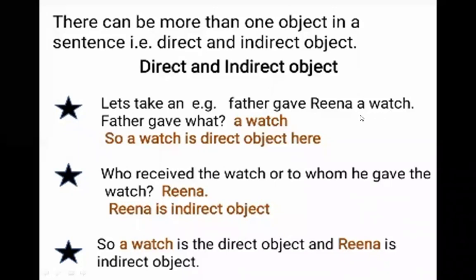And when you have to pick it out, you should pick the determiner along with this. If you are supposed to take out any noun, always take the determiner also. A watch. What is the direct object? A watch. And what is the indirect object? In other words, if you take out this indirect object, even then the sentence can be complete: Father gave a watch. Now, to whom, when, where, how, they are the different cases. So, Reena is the indirect object. The direct object is watch.